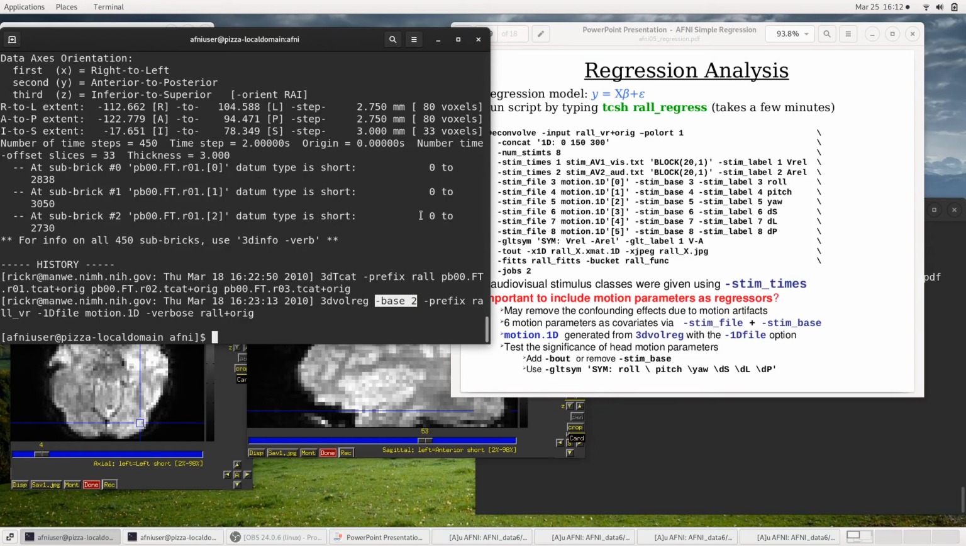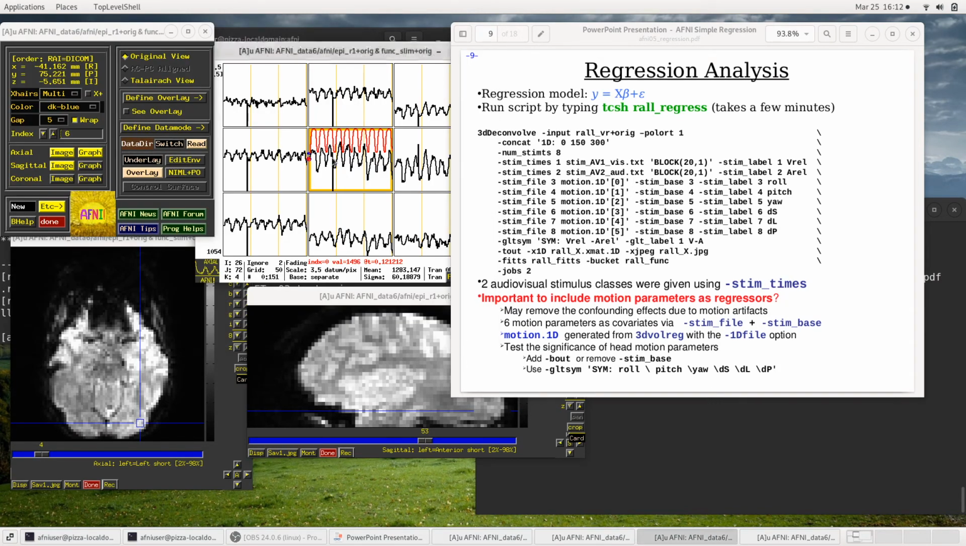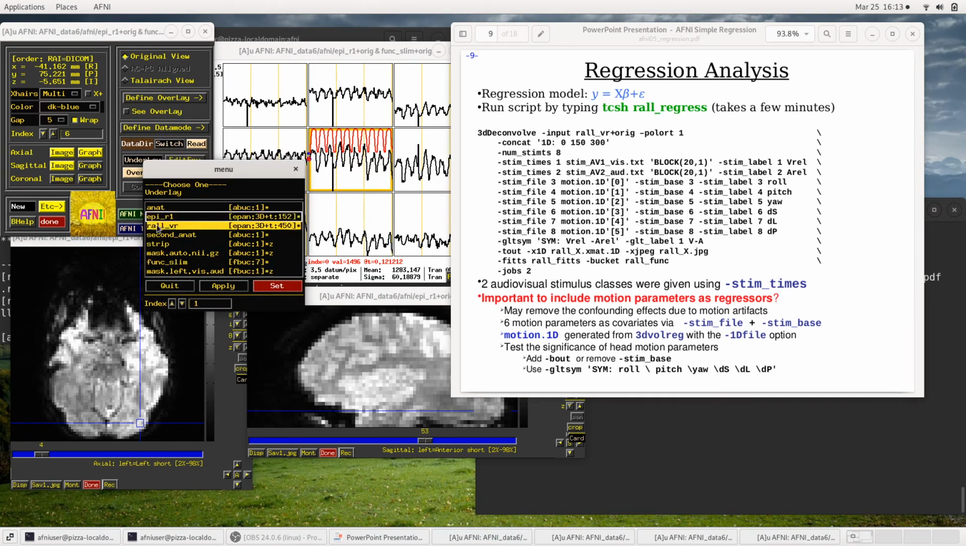Which is very little. We haven't scaled it. We haven't blurred it. We haven't done most of the steps in our preprocessing list. So let's just briefly switch to this in the AFNI GUI and just see how that looks compared to what we have here. So I'm going to switch underlay to RL VR,